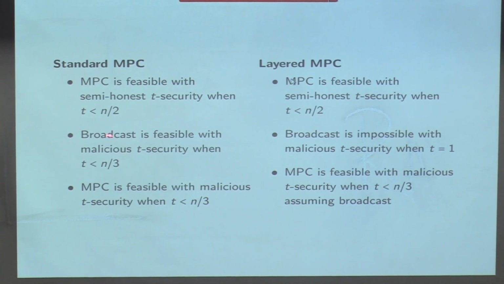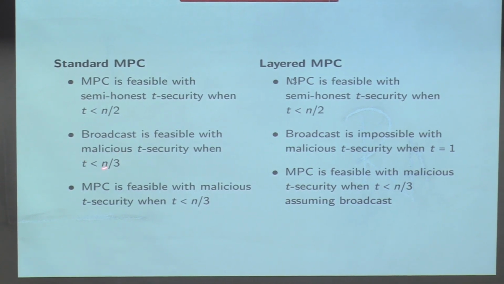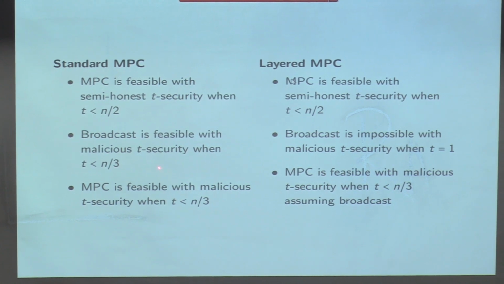But interestingly, note that in the standard setting, the specific function of broadcast, that is, a party has an input and every other party should get the same message as the output, is feasible in the malicious setting whenever T is less than n/3, where T parties are corrupted. It turns out that in the layered MPC, this broadcast is not possible. There is an input client with a message, and there should be an output client much later, potentially with several layers of servers in between, with the final layer getting the same message. Everybody gets the same message. This is impossible even when T is equal to 1, that is, in each layer at most one party is allowed to be